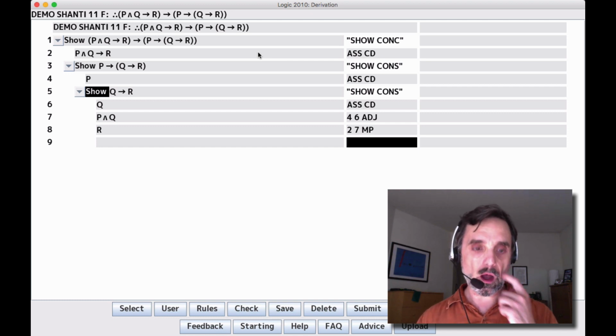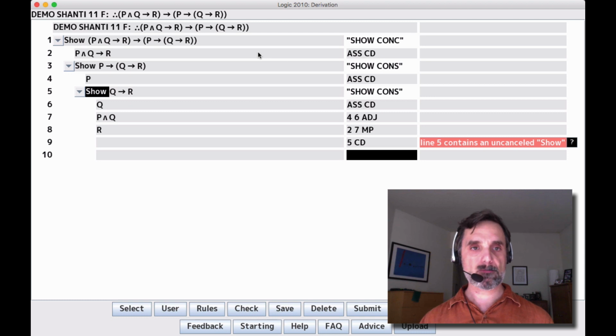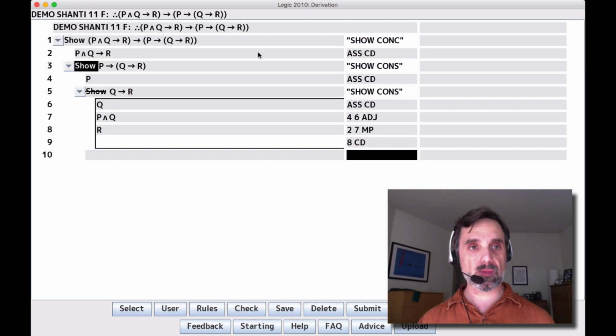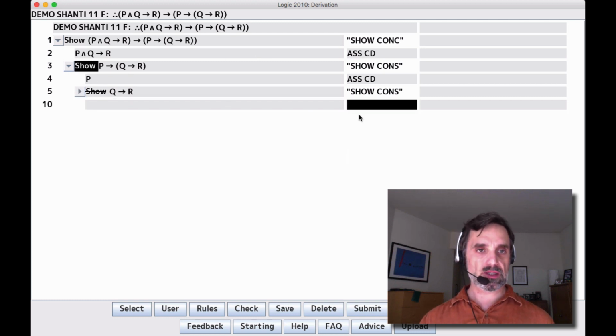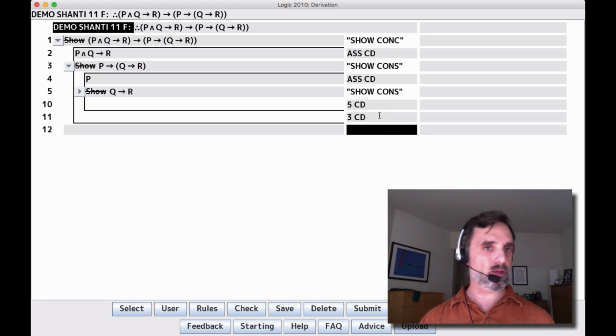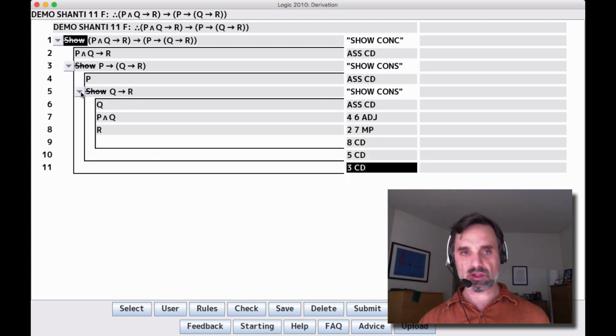So we'll say 8 CD, because 5 is the line we're going to box and cancel, but the consequent is on line 8. Okay, 5 is the consequent of line 3, so we'll say 5 CD, and 3 is the consequent of line 1, and so we'll say 3 CD. So that's pretty straightforward. I do want to show you something about